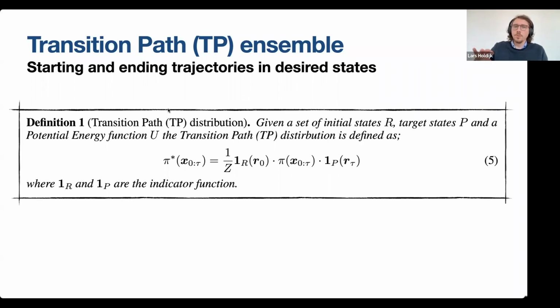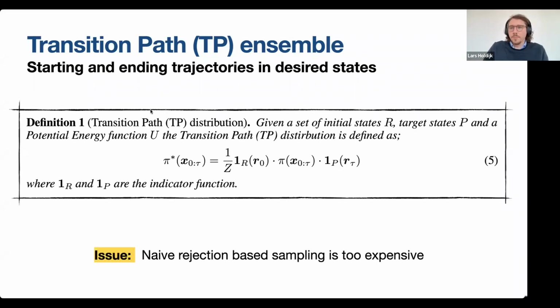And if so, we accept this trajectory, and if not, we reject it and we sample again. And doing so, we would get samples from this distribution. The only issue is that in